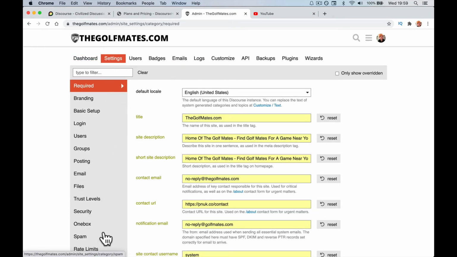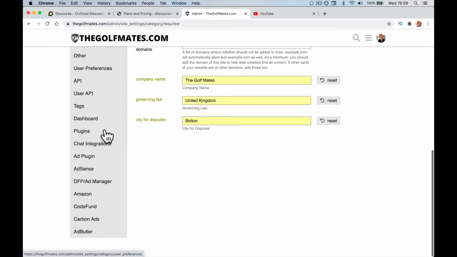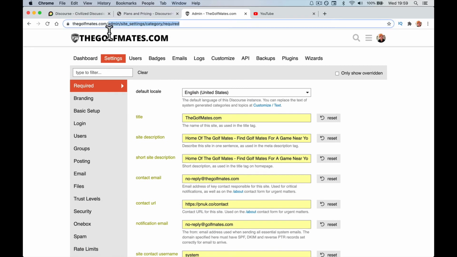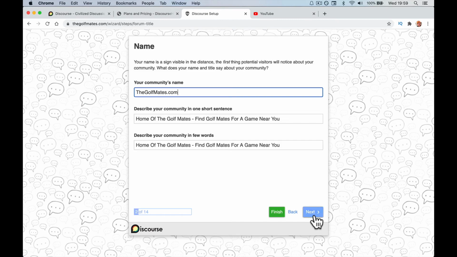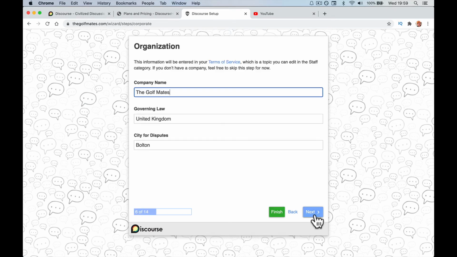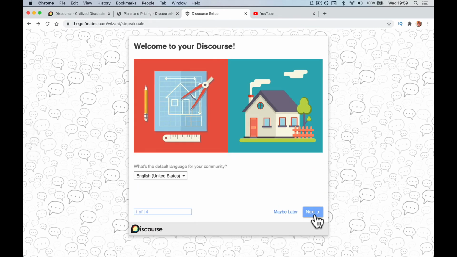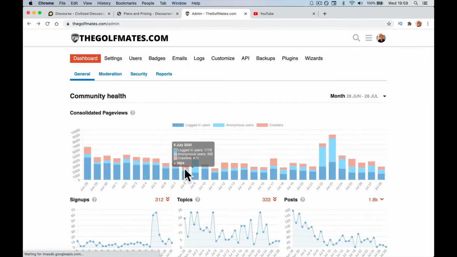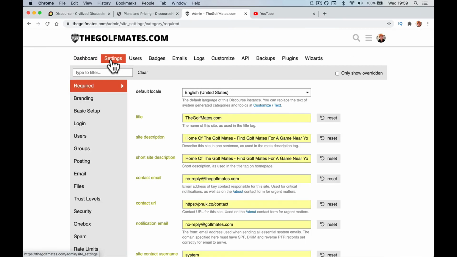Settings, obviously you can go through your settings and change things that you didn't change at the wizard. So if you type in wizard at the top, you can actually go through the wizard of setting up your forum, description, public or private, your company name and things like that, right? So it's really easy to set up. It's one of the easiest things to do. On digitalhosting.com, it's easy. On DigitalOcean, it can be a little bit funkier, but I can change these things later.